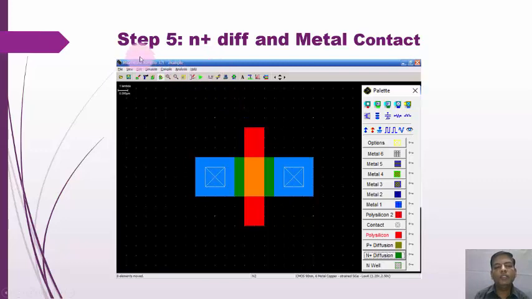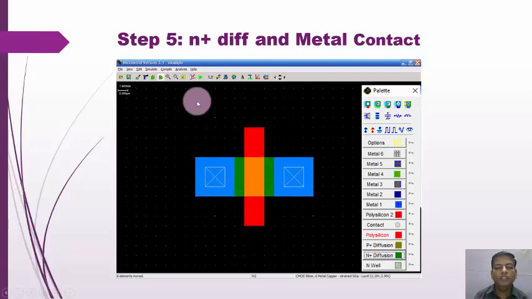After that we have to deposit metal and contact on the N plus diffusion. First we take a 2 lambda contact, and the metal one is a total of 4 lambda. The distance in between is 1 lambda.